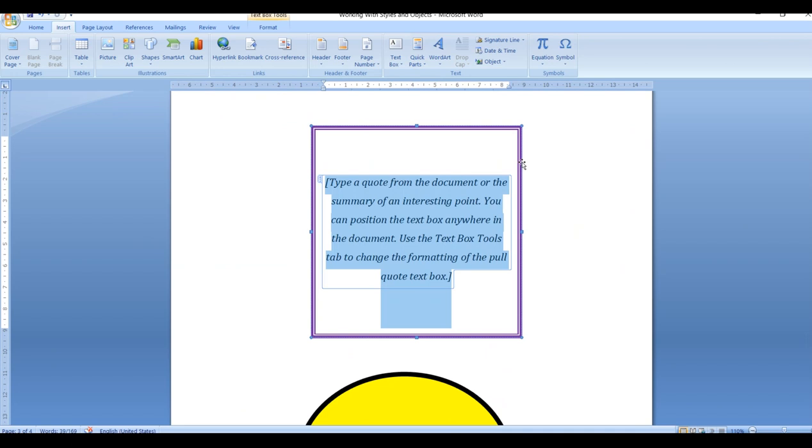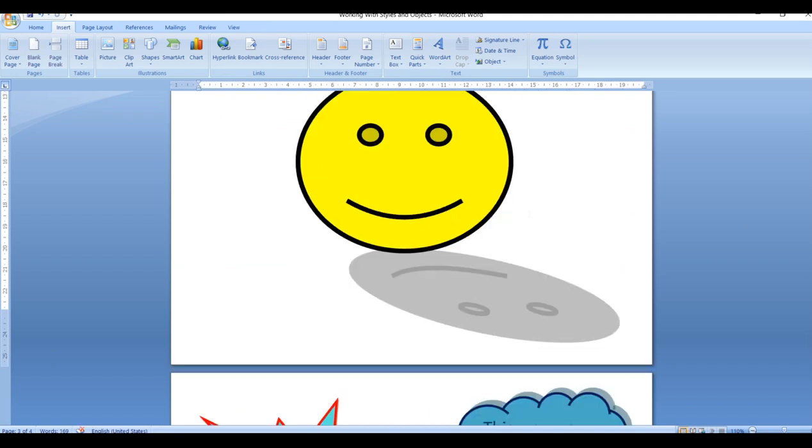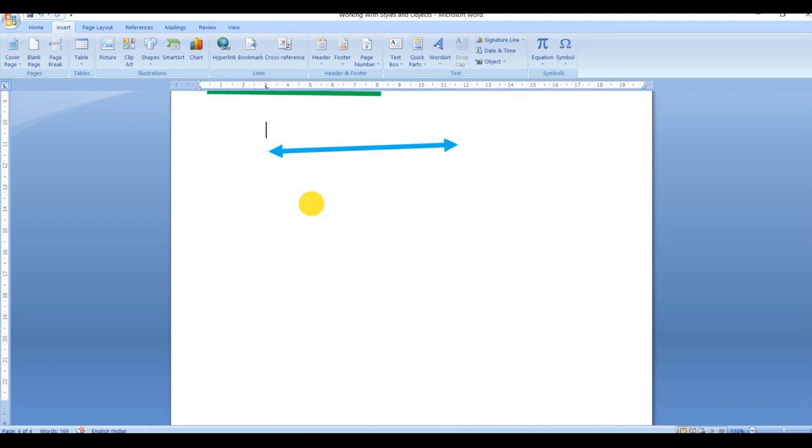Now let us go for inserting a clip art. Now I want to insert a clip art. Let us insert a clip art. So for inserting a clip art, we should know first of all what a clip art is. So clip art is a gallery of pre-designed pictures that can be inserted directly in a document. So here we go to the insert, and in insert we have the illustrations group. In this illustrations group we have the clip art option. When you go and click on the clip art option,